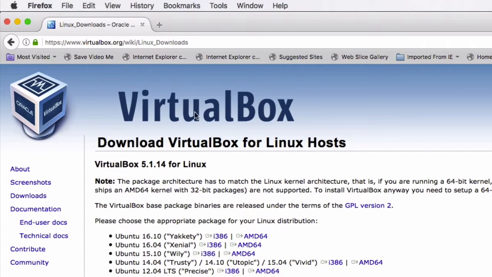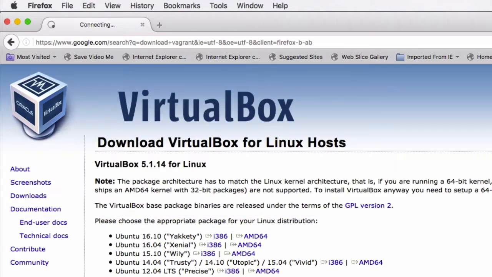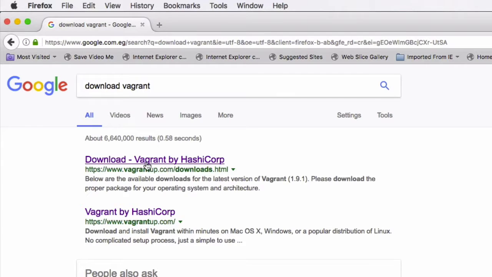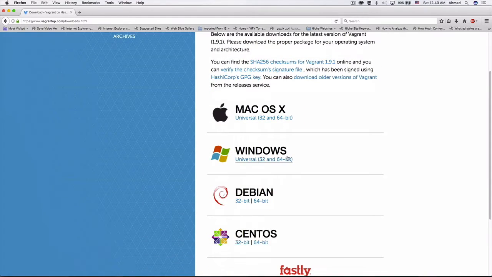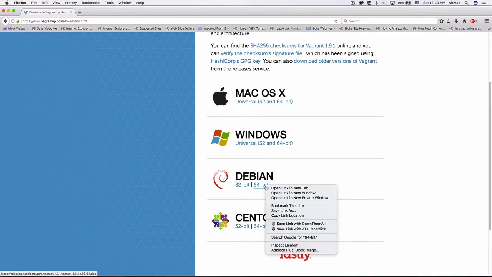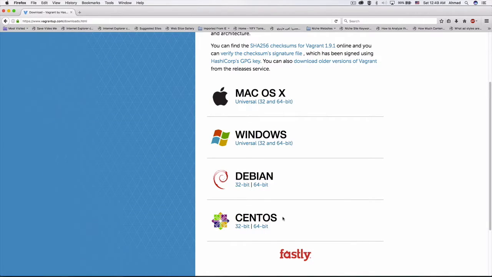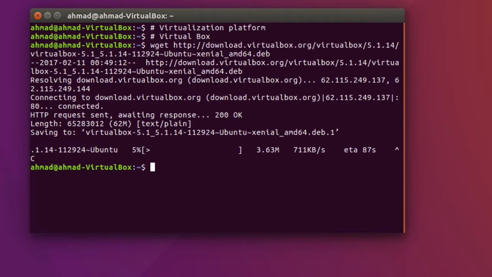Next thing I'm gonna do is download the Vagrant package itself. So on Google, let's search download Vagrant. The first result that comes is download Vagrant by HashiCorp. As you can see here, it's installable on macOS X, Windows, Debian, and CentOS. We are going to choose Debian because Ubuntu is a Debian flavor. Again, copy link location. And the same thing here, I'm gonna use wget, paste the